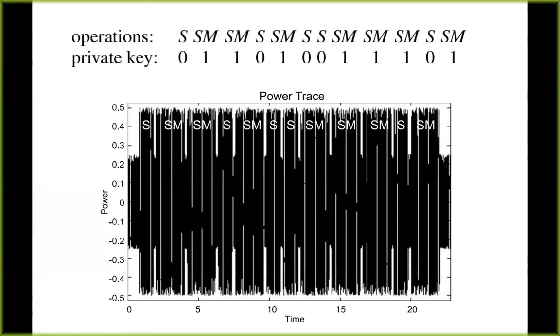And there's a similar channel, timing channels. If you take how long it takes to do different kinds of encryption, it'll take longer when the key is all 1s than when the key is all 0s. And so you get some information that way. And these things are actually very hard to get to the bottom of.